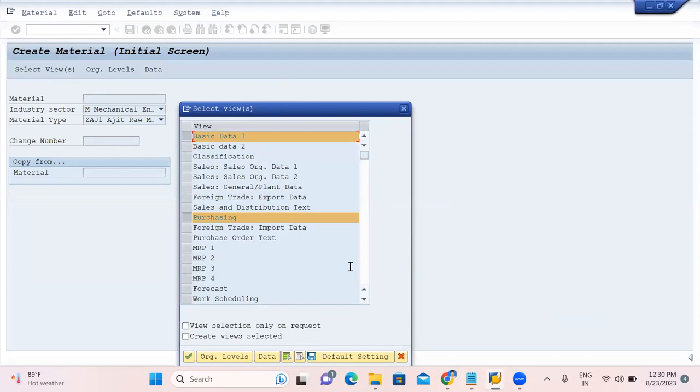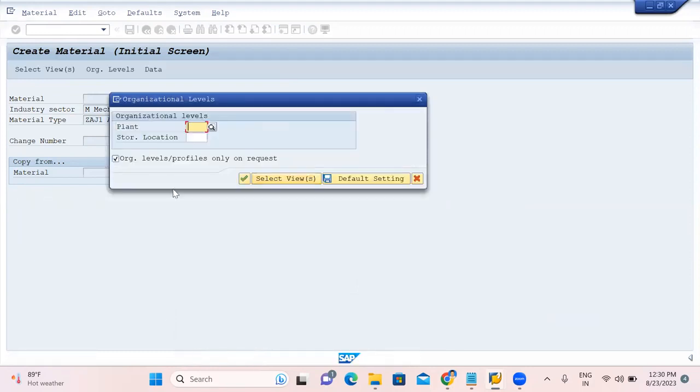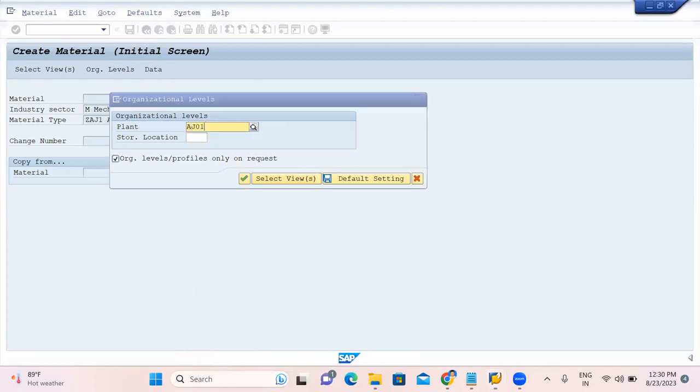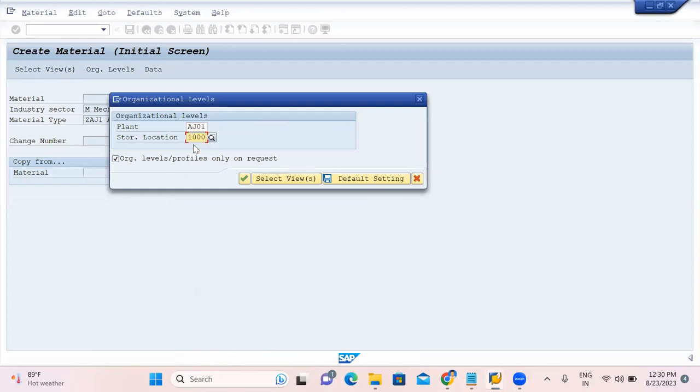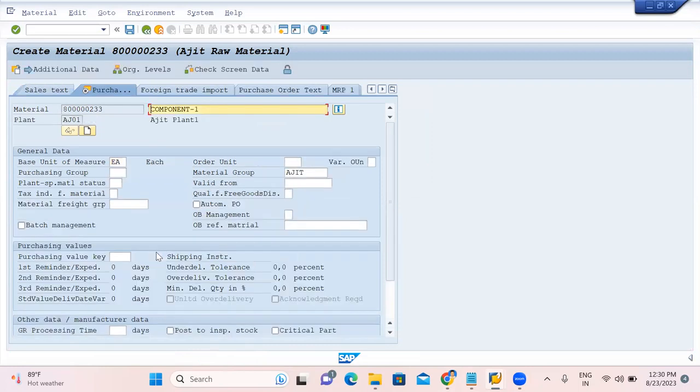So basic data, purchasing data, accounting view and general plant view you can take for the material. Then go to the organization. Plant is A01. You may choose your plant. Then your storage location. For example, the component name is one, right? So the material type, the unit of measurement, and this is okay. And purchasing group is